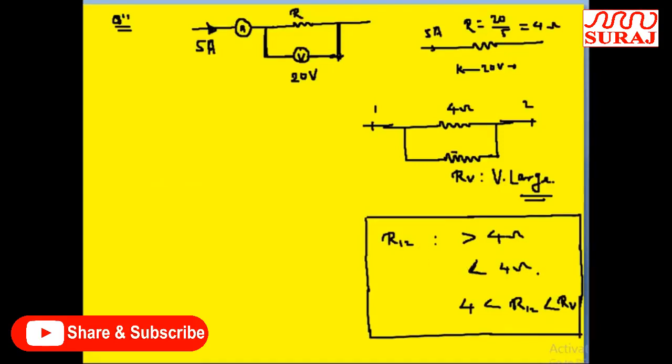Will it be greater than 4 ohm, less than 4 ohm, or between 4 ohm and voltmeter resistance? कौन सा आंसर करेक्ट है ये बताइए।